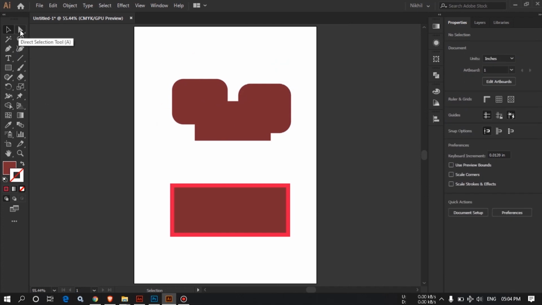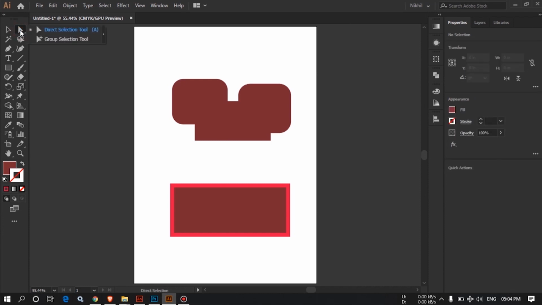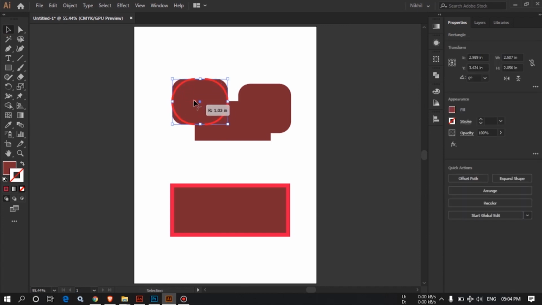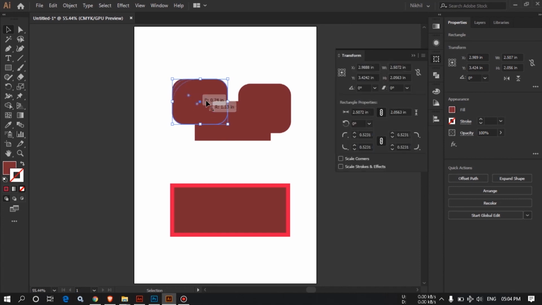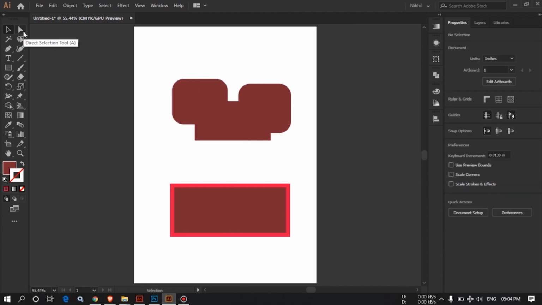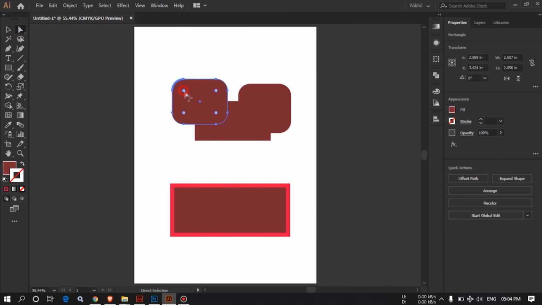And just I will tell you this direct selection tool, a small topic. Let's cover it today only. Direct selection tool is used for selecting a single anchor point or single object or single thing in any object. Let's click here, and in this tool, if you want to make the curve smaller or greater in size, you have to double click on it and you can make it from single side, control side. But in this tool, just click and single click and drag. See,